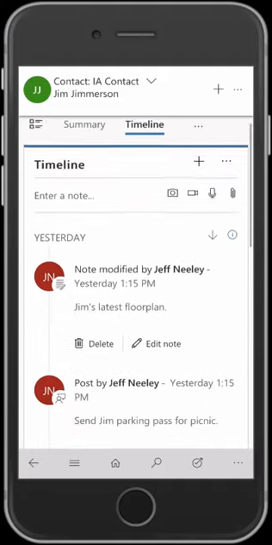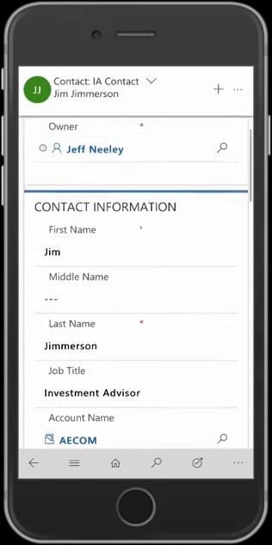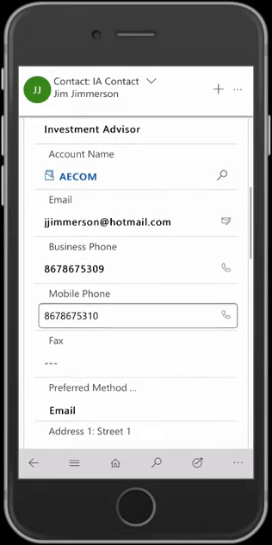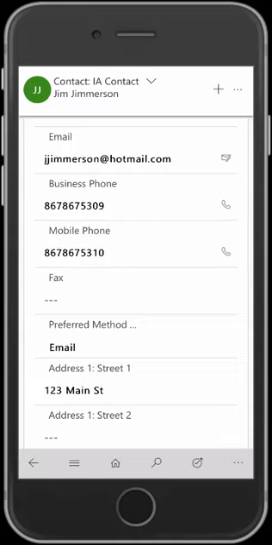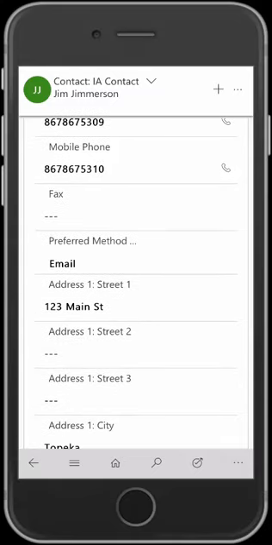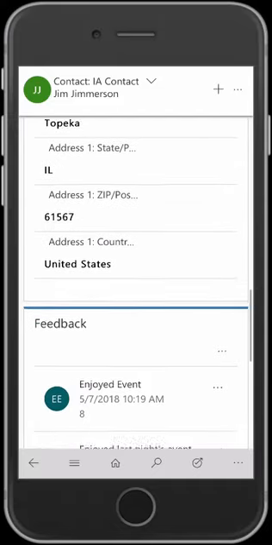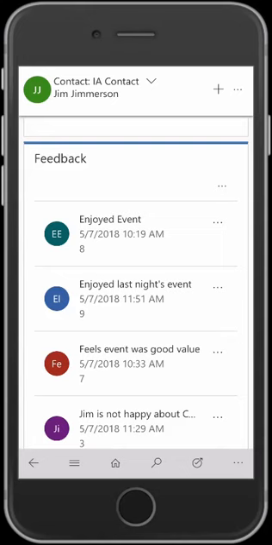So let's go back to the summary, because what we really want to look at is feedback, and we'll find that is currently at the bottom underneath all the contact information. I do want to point out that email and phone numbers, if you click the little email or phone icon, it will place a call or generate the beginnings of an email for you. So here's the feedback list, all the feedback that was related to Jim that we were looking